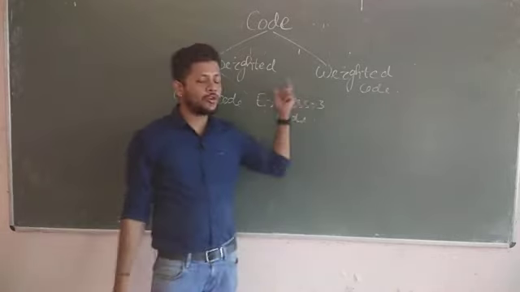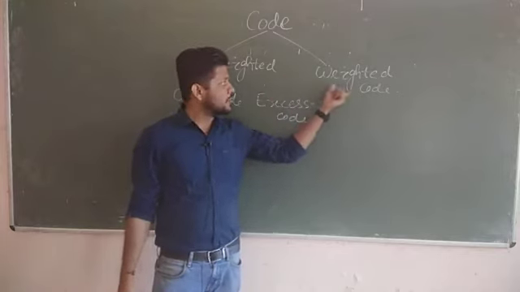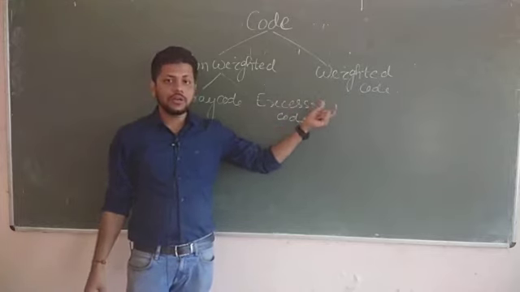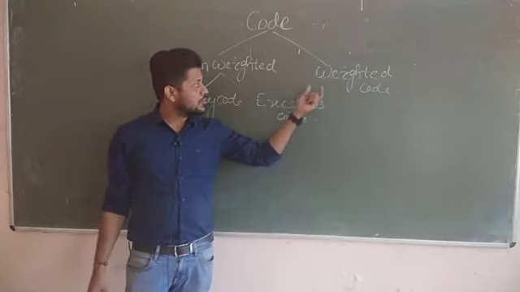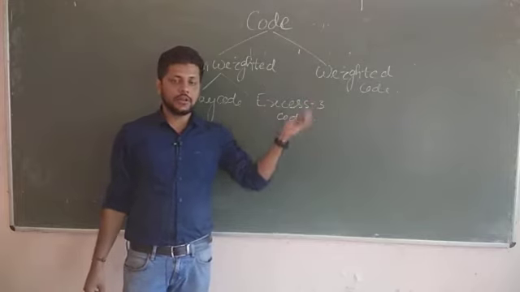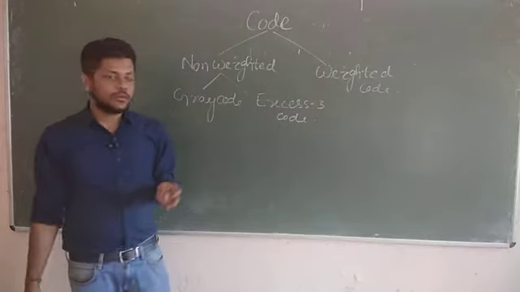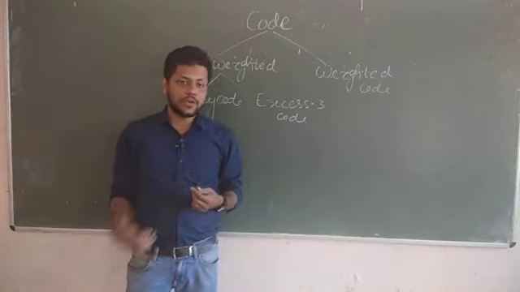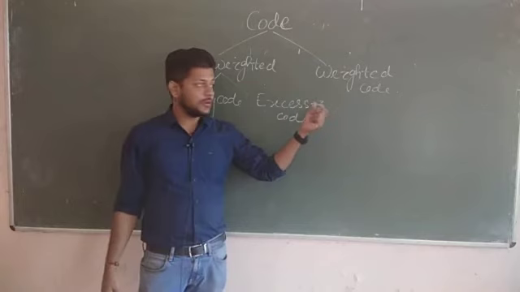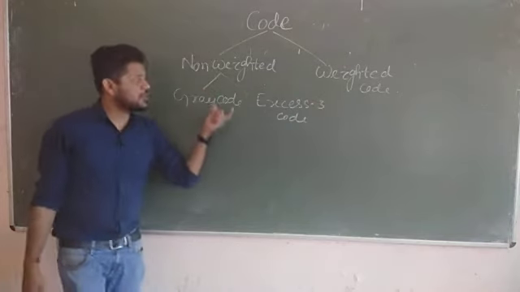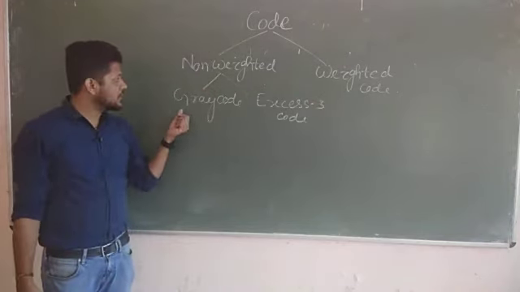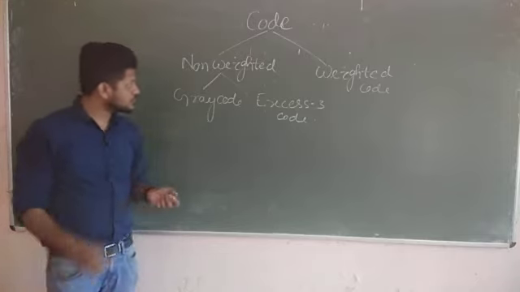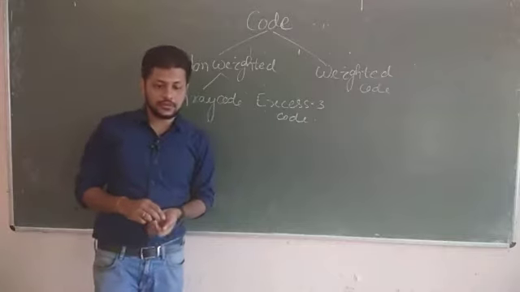The difference between weighted and non-weighted code is that in weighted code, each position of the binary number or code has some weight. Just like when we convert a binary number into decimal, each position is associated with a weight, 8421 for example. But in non-weighted code, there is no weight associated, but it has several applications, which we will look into. First we will study Gray code.